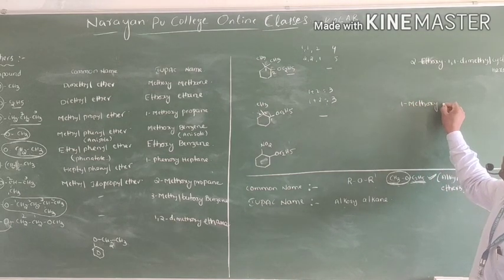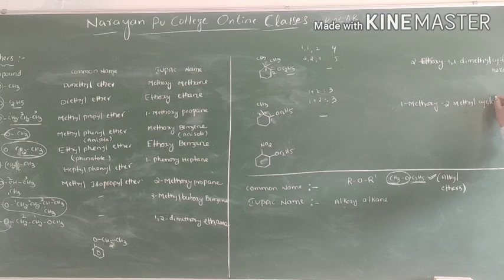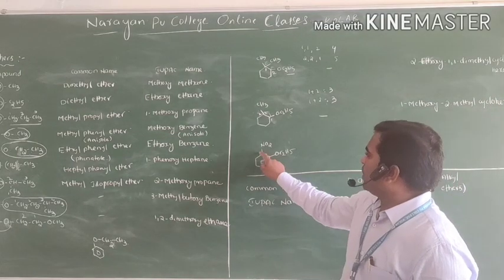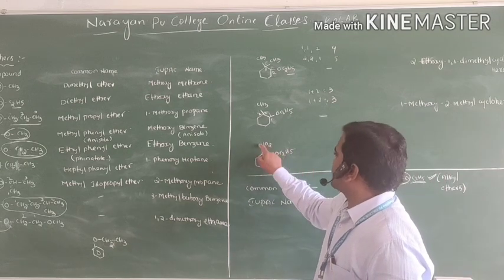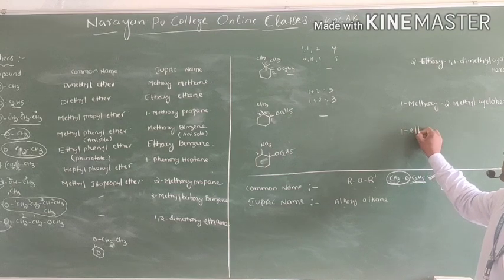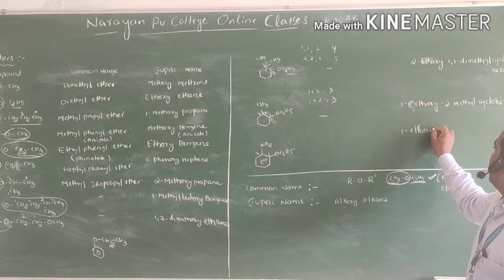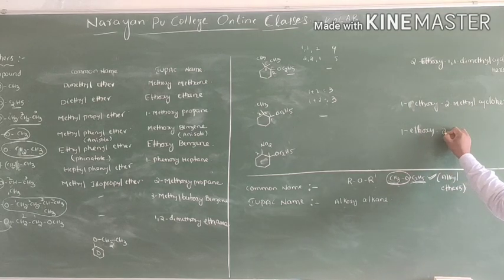1-ethoxy, 2-methyl cyclohexane. Clear? This is also in the same way. 1, 2, 3, 2, 1, 3. Ethoxy, nitro. So that's why 1 and 2. 1-ethoxy, and here 2-nitro cyclohexane. So these are the common and IUPAC names of